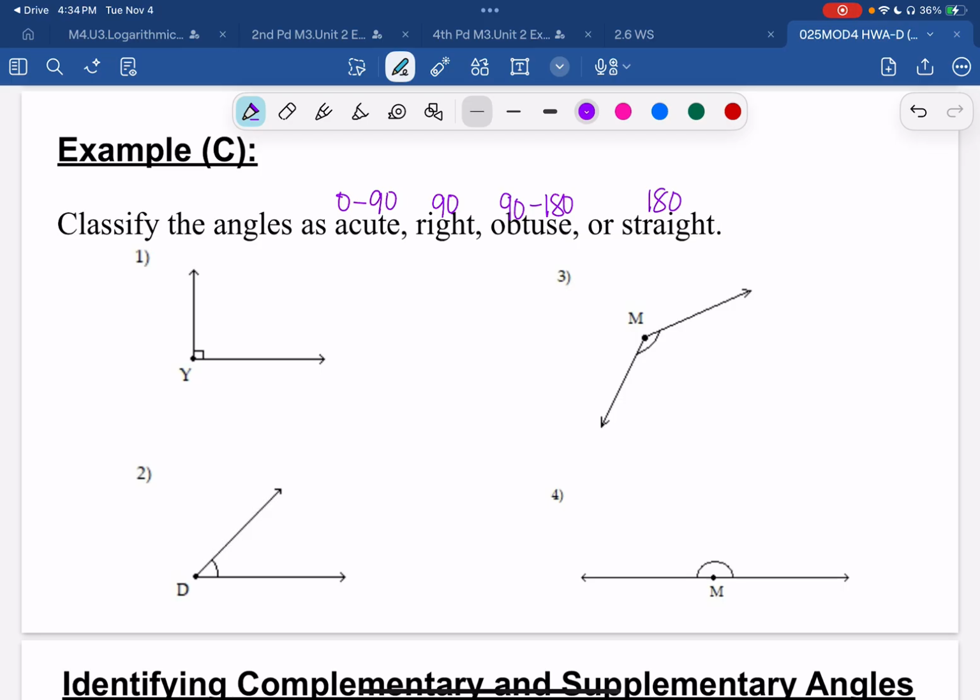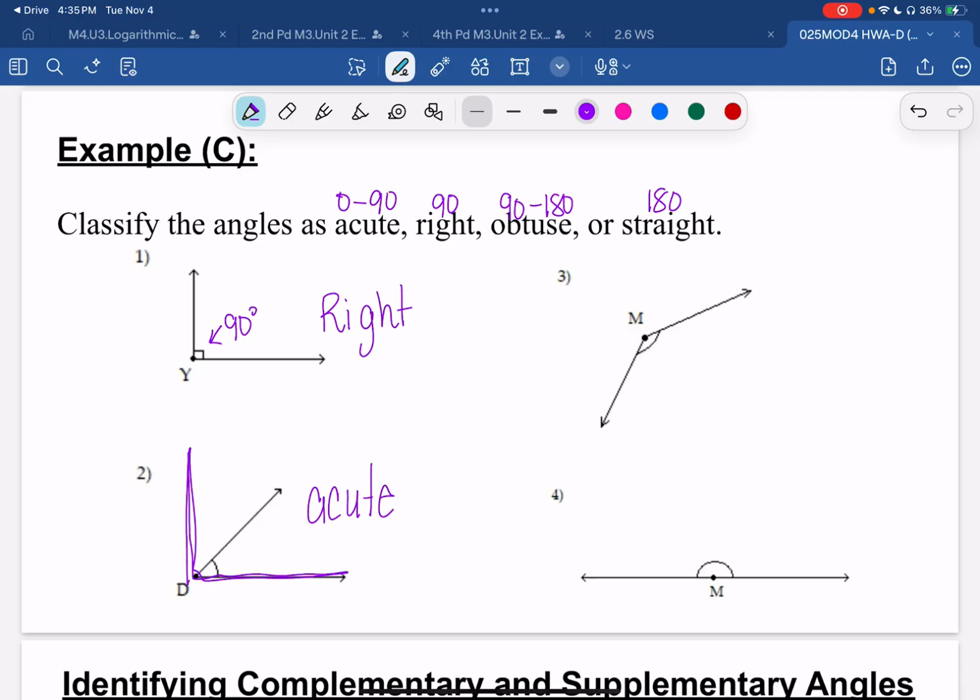So when you see a 90-degree angle, you're going to be told that it's 90, or you're going to see this box. That box means 90 degrees. So since number 1 has a 90-degree angle, that automatically tells us that it's going to be a right angle. Number 2, this angle is smaller than 90 degrees because 90 degrees would make this corner angle here. So this one is smaller, which means that this is going to be an acute